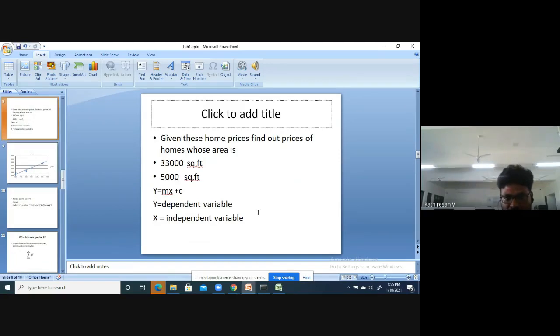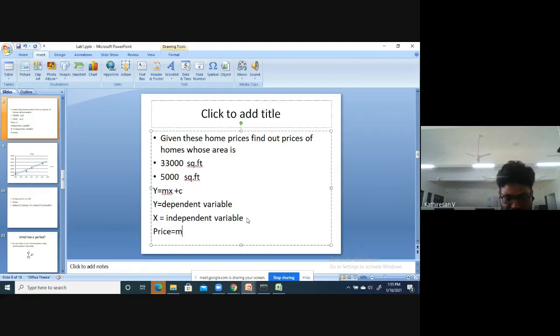How do you relate this with this particular equation? See, y equal to mx plus c. So y is dependent variable. So y is actually price, equal to m. I will tell about m later.